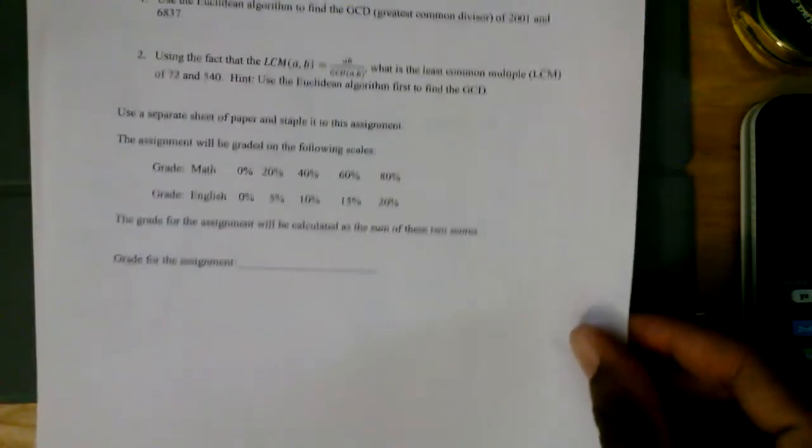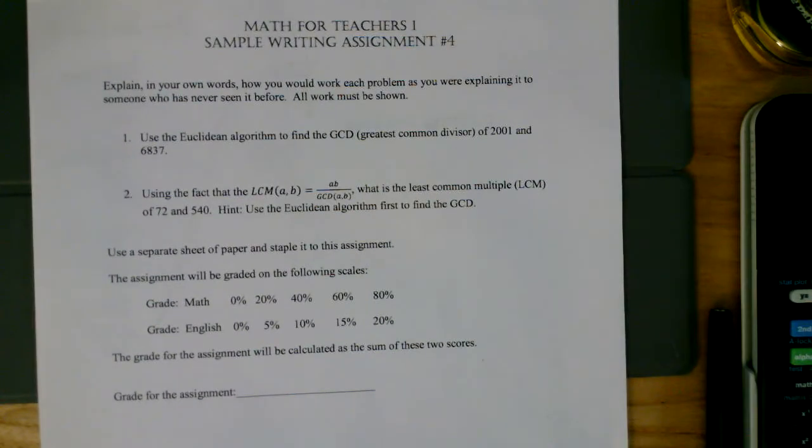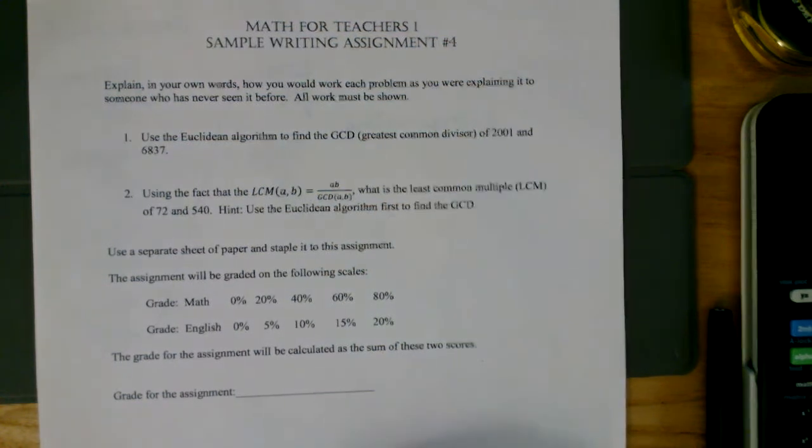Okay. Now, problem number 2 is this. Here we're going to use the fact that the LCM of A and B, and that's the two numbers in the parentheses, is equal to the product of A and B divided by the GCD of A and B. We're going to find the least common multiple of 72 and 540. Now, the hint that I'm giving you is to use the Euclidean algorithm to first find the GCD. Okay. So now,